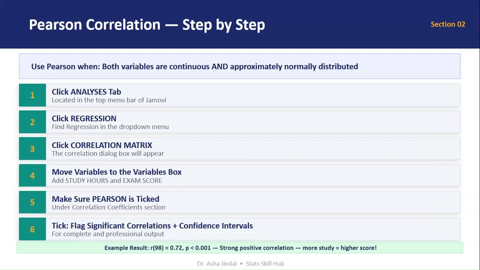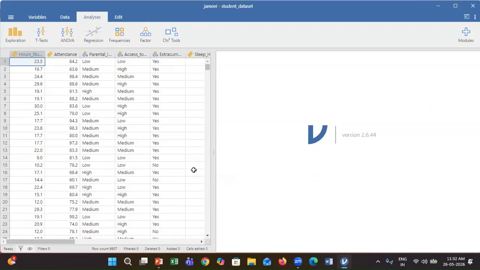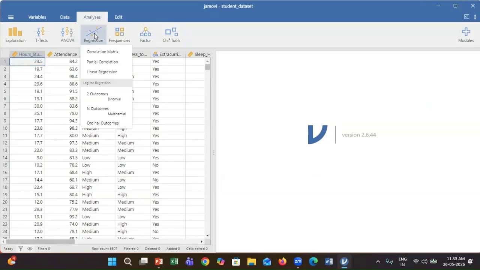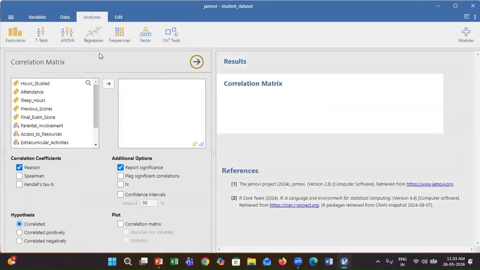I will now demonstrate the computation of Pearson's correlation in Jamovi step by step. Let's move to Jamovi. I have already opened the students dataset in Jamovi. I will first move to the Analysis tab, then to Regression, then I will click on Correlation Matrix.